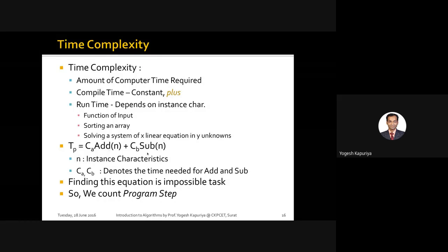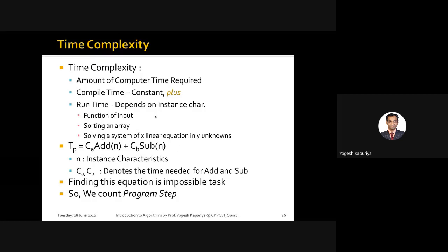So in general, any time complexity equation will be of this form, where CA, CB are the constants, and the added terms are just an example. You can say it's F1 and F2. It can be any function which is part of that particular algorithm. So that kind of an equation you can generate.